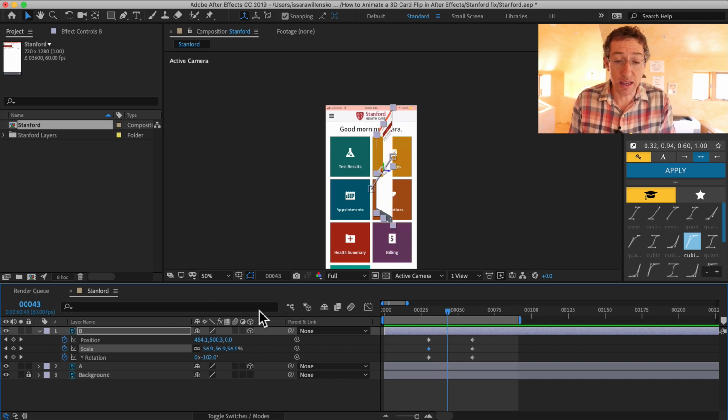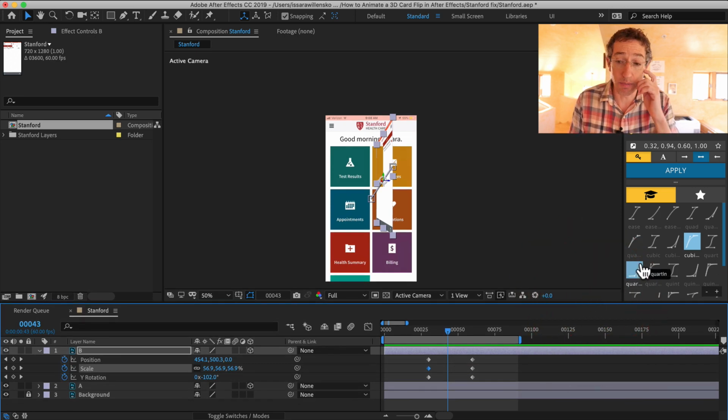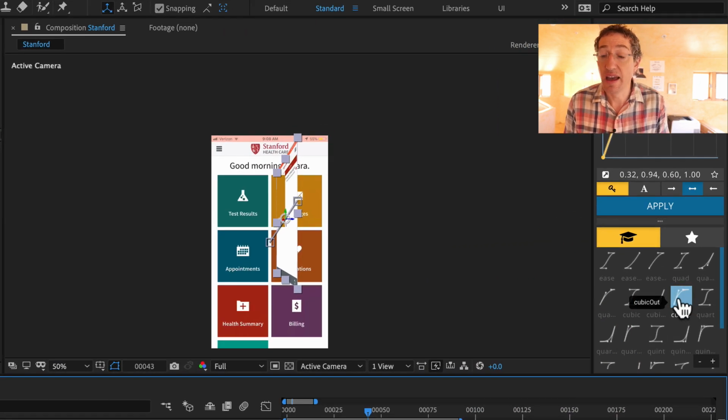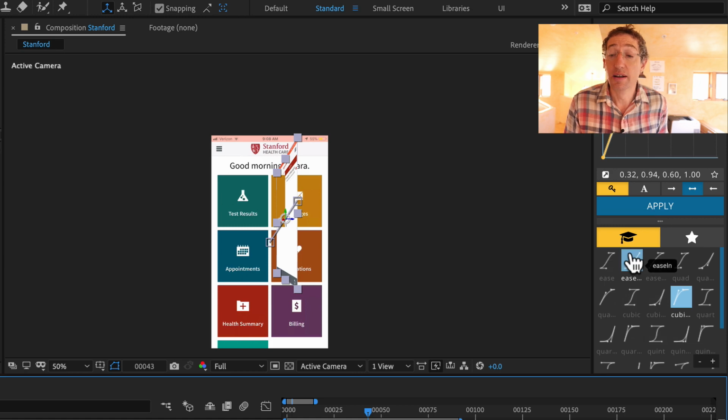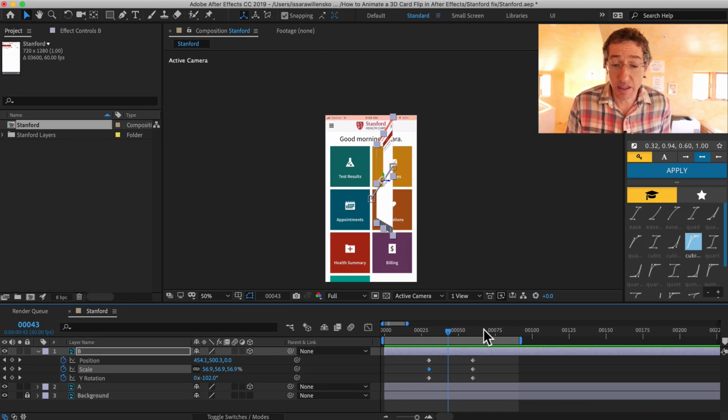But now what I can do is I'm going to apply a velocity curve to here. And I'm just going to put on a simple one like cubic out. So I'm using the Flow plugin, which is the one that I use to manage my velocity curves. It makes everything just one click. It's super, super great. I'll do a tutorial on this at some point, but just know that it's the Flow